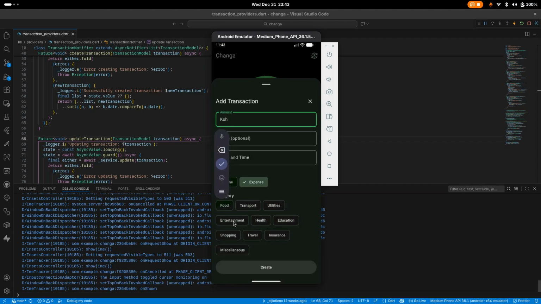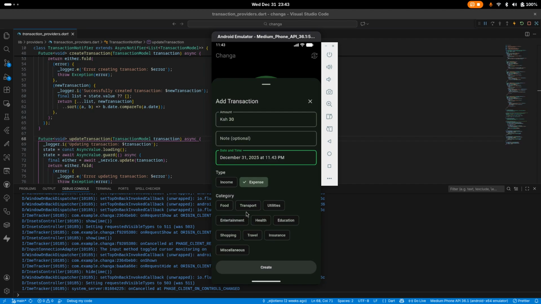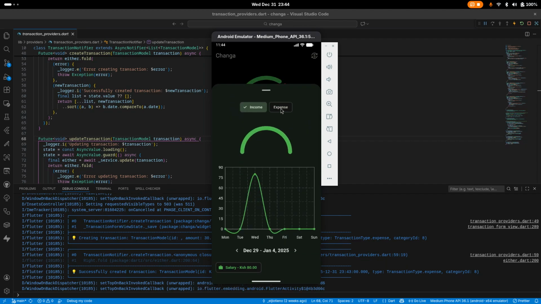Now let's add an expense. So we have that, let's say like 30, then the time, let me just click on that. Then between all these, let me just pick utilities. Then if you create it, you get the information here. So utilities, and you can see also the stats have changed. So expenses took 30% of the chart, and the balance you have is 50 bob. Then if you go back here to the stats, you pick on expense, you can see the chart is like this, and the expense